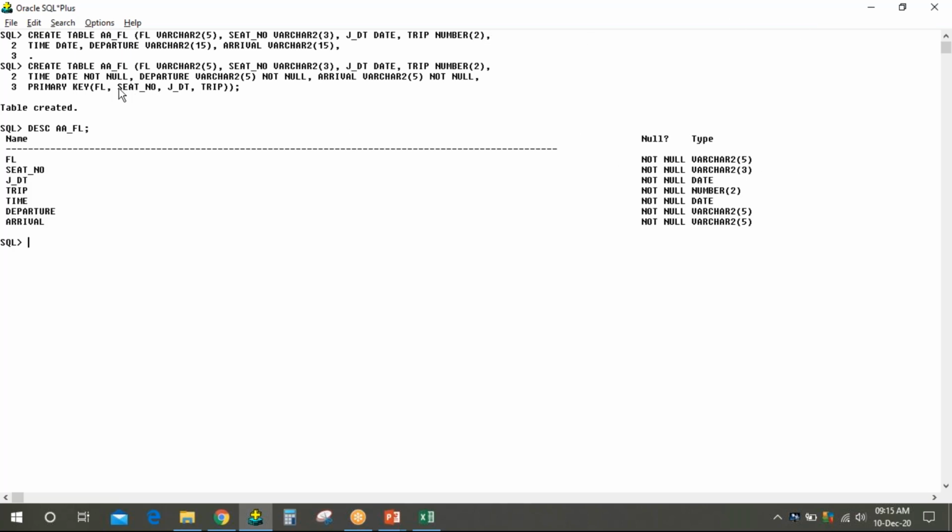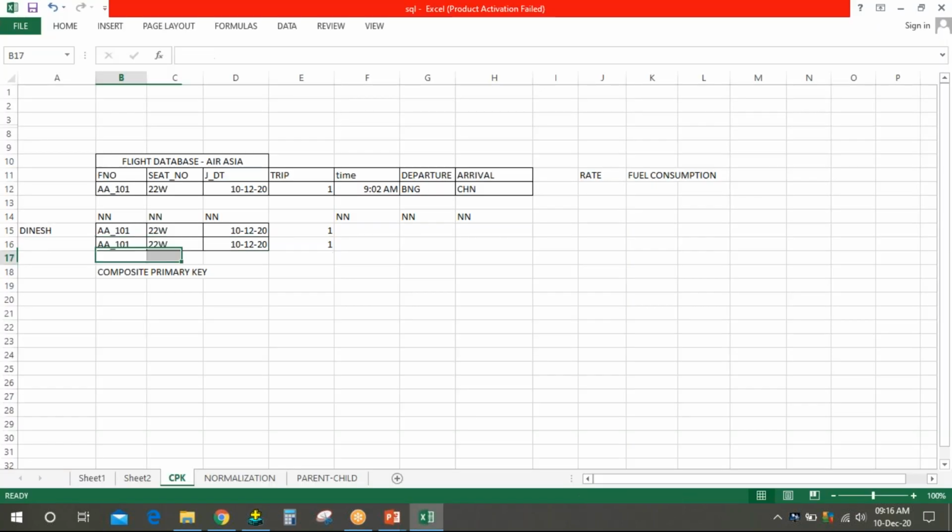Since I use primary key here for 4 columns, the not null constraint has already come with the unique constraint. Okay? So if I try to pass any unique values, the same values I'll try to pass here.